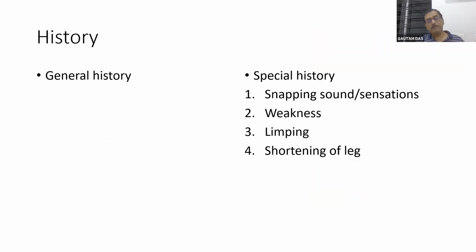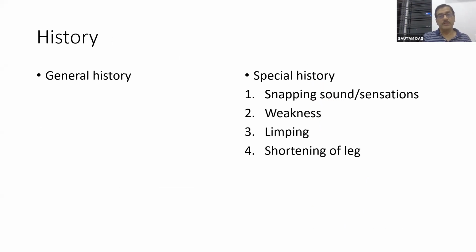The medial hip pain and the anterior hip pain have almost similar causes, like the internal snapping hip and the bursitis. So these are your medial hip pain. Apart from that, the tendinopathies, particularly the adductor tendinopathies, are important causes of medial hip pain as well.